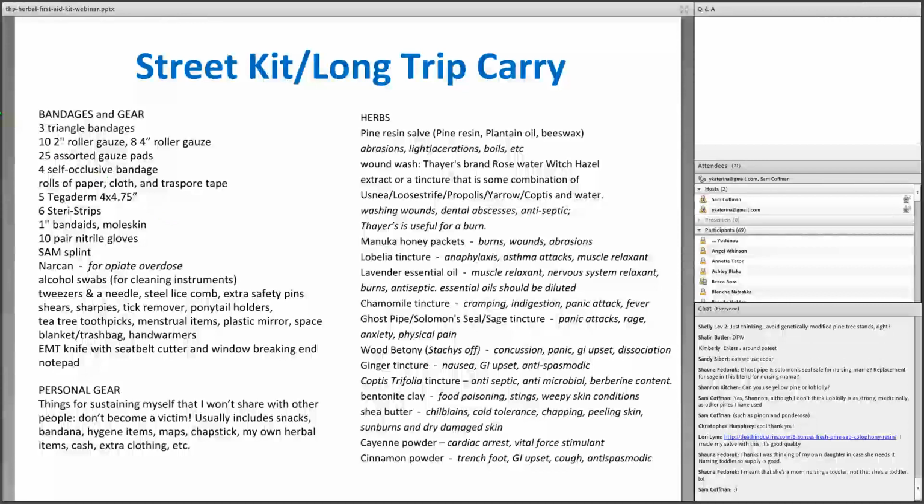All right, so we check out here. We've got the bandages and gear, and you'll see it's all the same bandages and gear. It's just a lot more of them. And then I have here a SAM splint. A SAM splint is a special splint that Sam invented. It's in fact